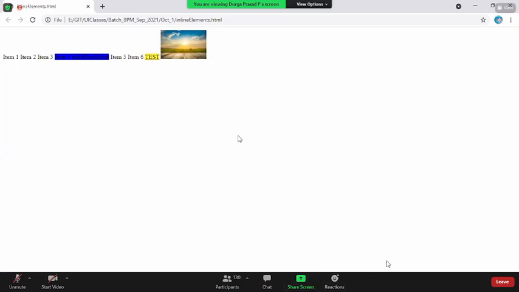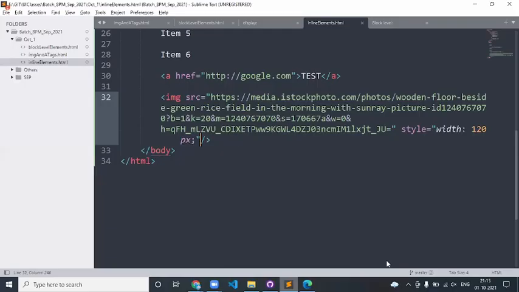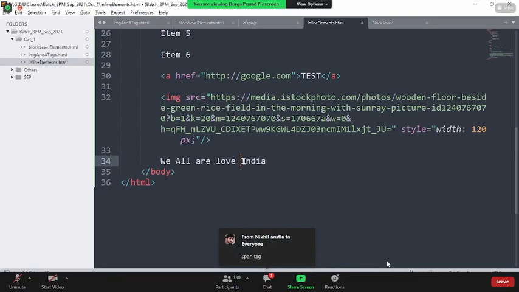Yes, sir. Now, I have a very simple requirement. Say, for example, the message is: we all are from India. My requirement is I want to highlight this word India. Can you tell me how I do that? I want India to have a different background. Do I go with the div tag? Span tag. Obviously, I need to go with the span tag. Why so?